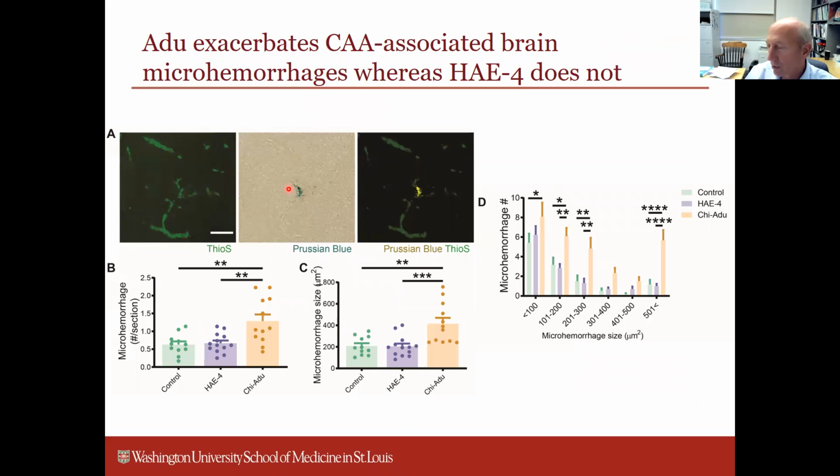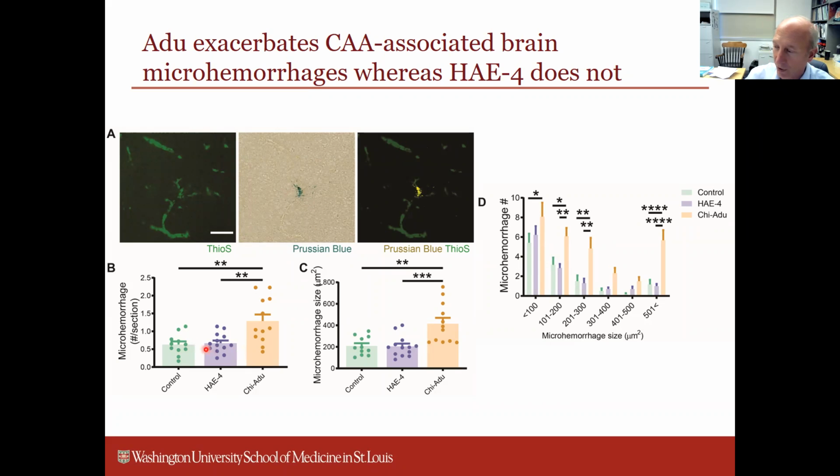So we were interested to look at, what about this potential mouse version of ARIA? It's difficult to see the edema part without probably doing MRIs, but what we can determine is that some of these CAA pathologies also develop microhemorrhages, and you can detect this with a Prussian blue stain, which stains the hemosiderin that's around a vessel where there's been some small rupture. And so you can see that in the